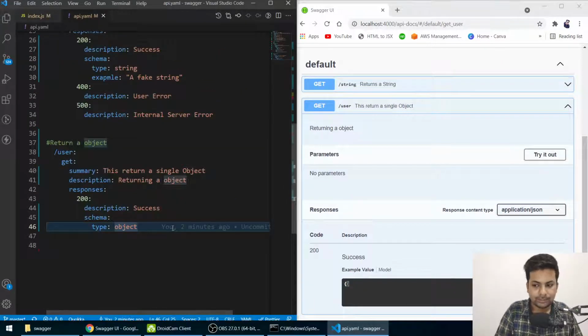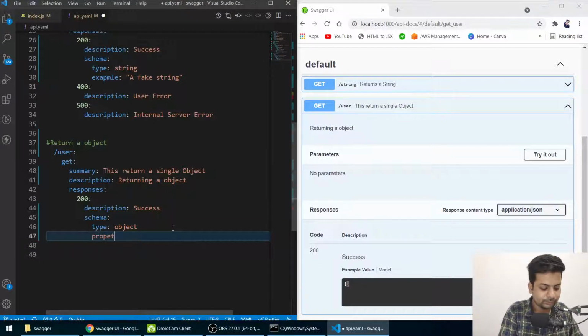So we'll say properties, and here we'll have an id of type integer, and name of type string.